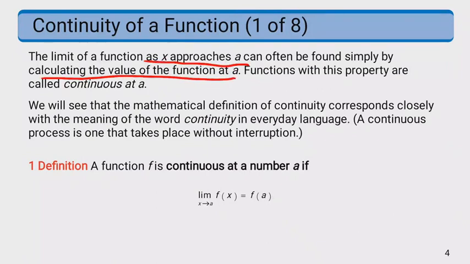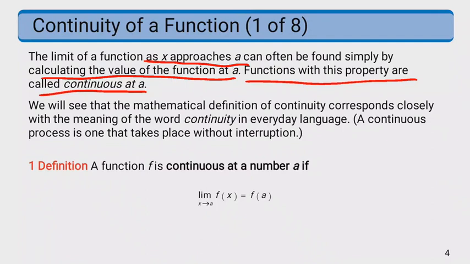In functions of this type, we will say that a function is continuous at a point a. That means the limit of f of x as x approaches a is exactly the same as the value of that function